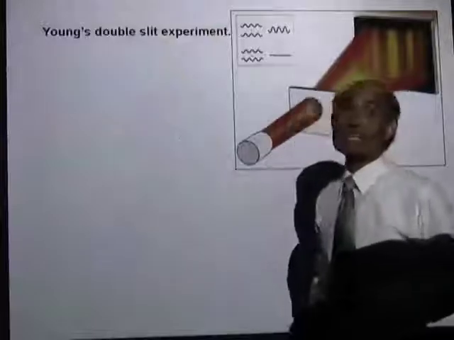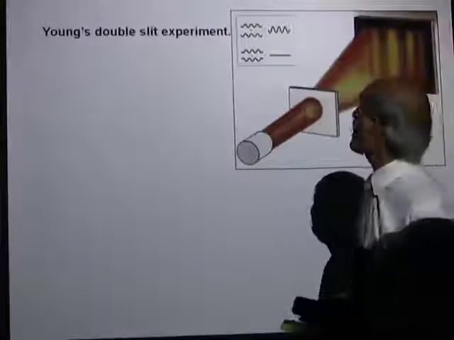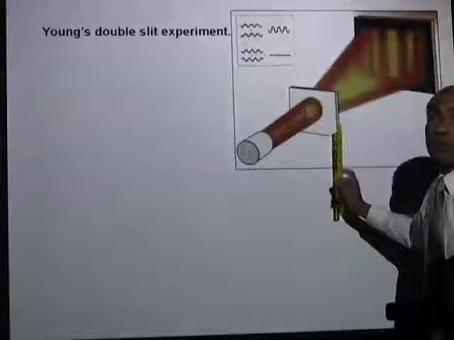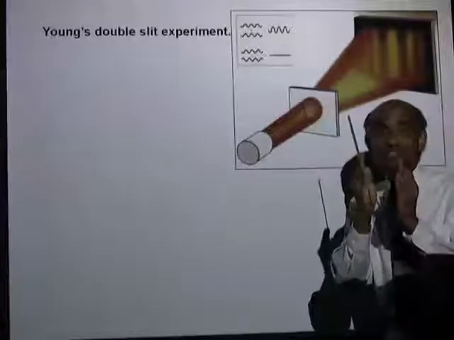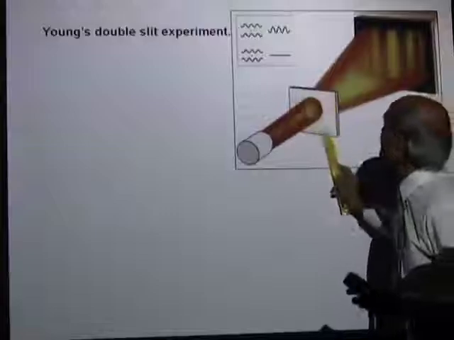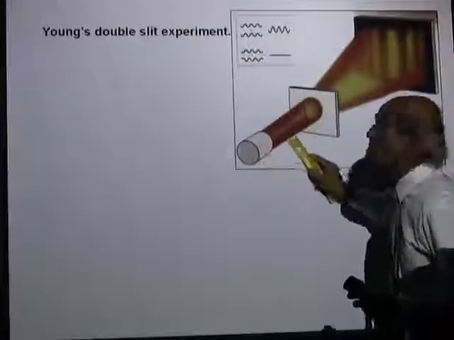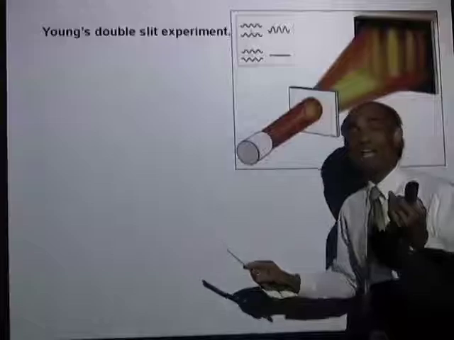Now, let's look at the double slit experiment Thomas Young did. What Thomas Young did is he cut two narrow slits on a screen and allowed a monochromatic light, a light of one color, to pass through the